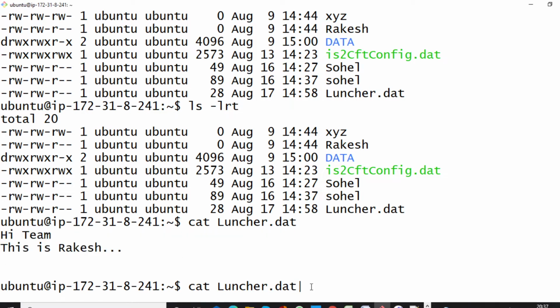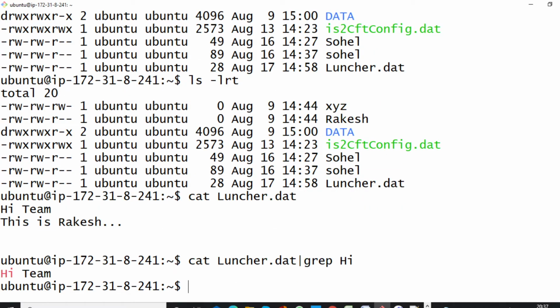And suppose here you want to grep something, grep, then suppose hi, we are searching the pattern hi. So now from the file launcher we can get the line which contains the pattern hi.